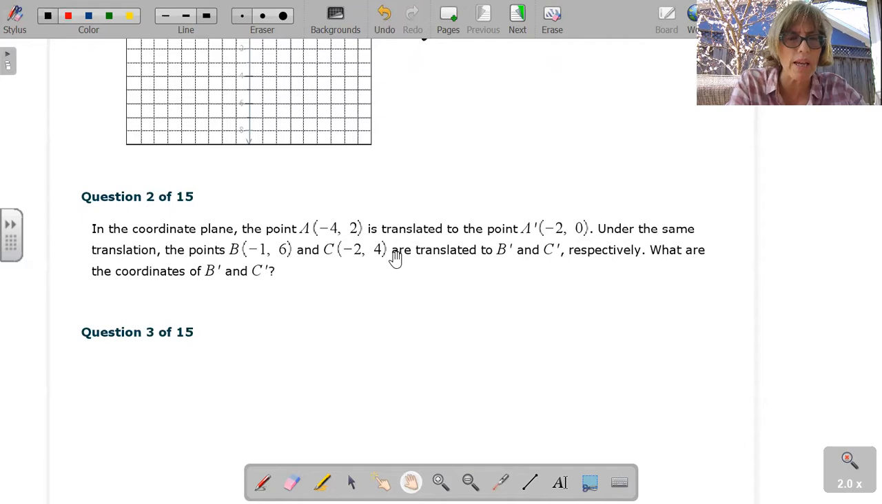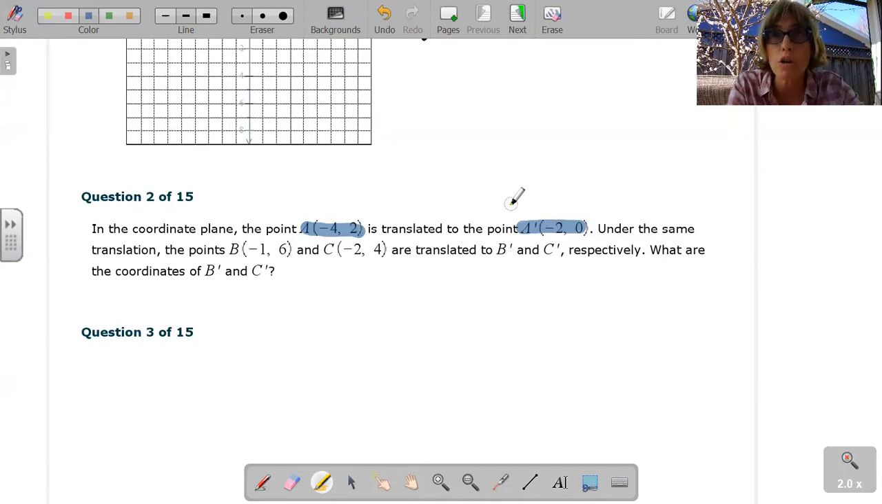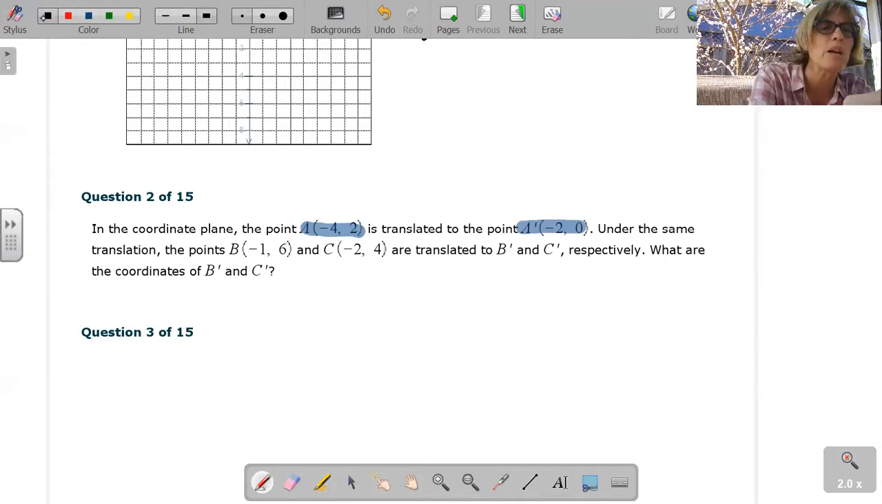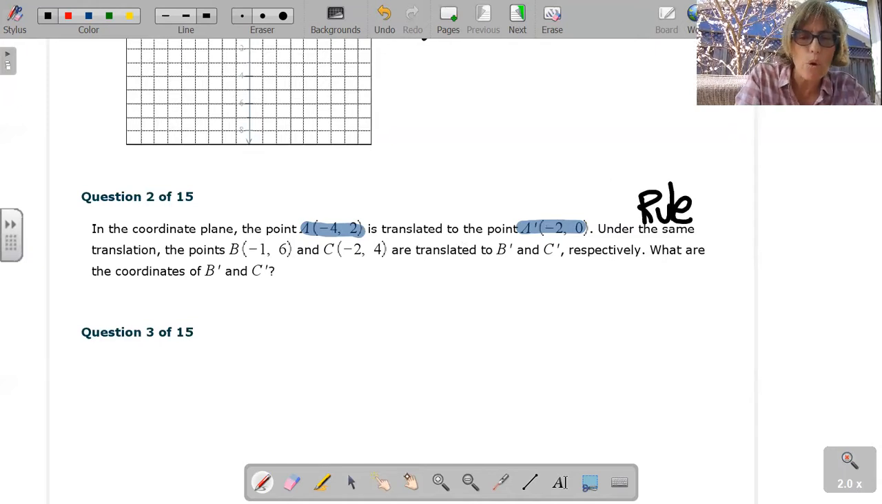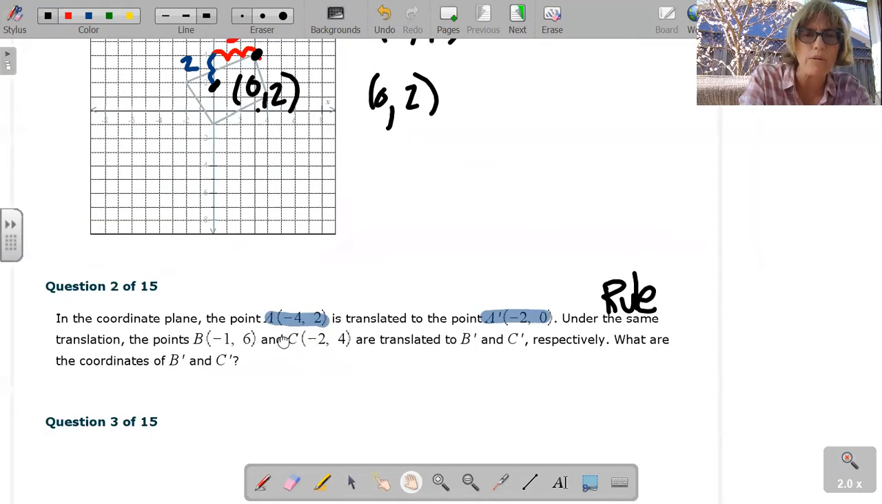It says in a coordinate plane, point A, negative 4, 2, is translated to the point negative 2, 0, A prime. This is before the translation. This is after the translation. Under the same translation. What it means by under the same translation, it means under the same rule. So if you just do a picture of this,